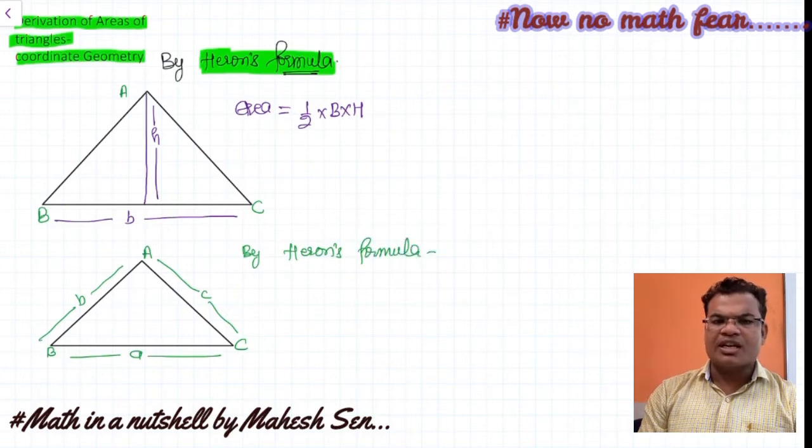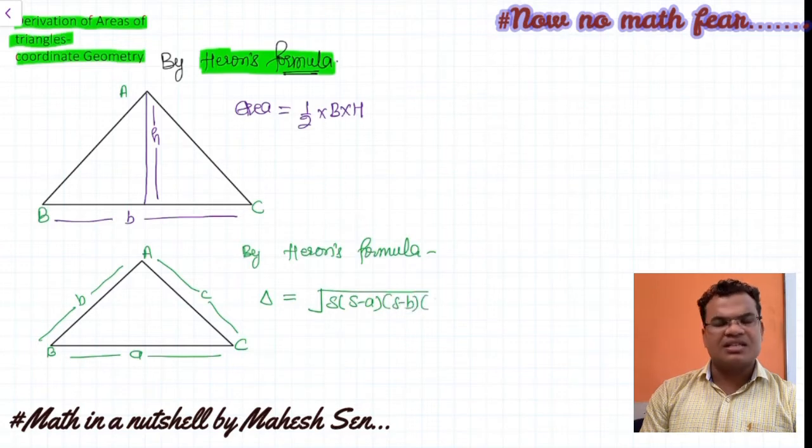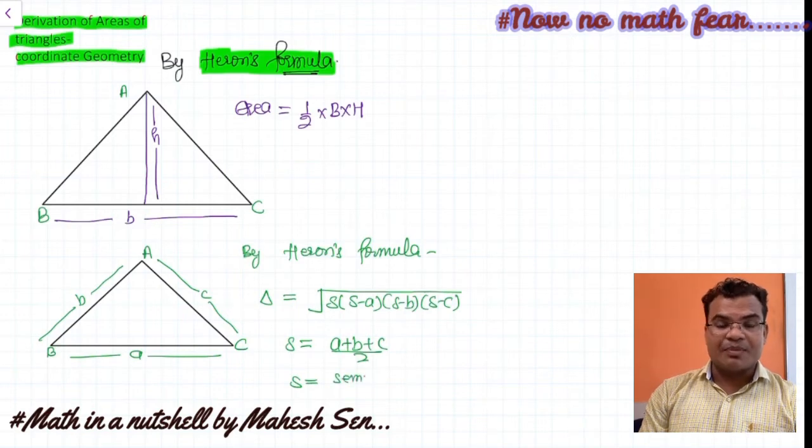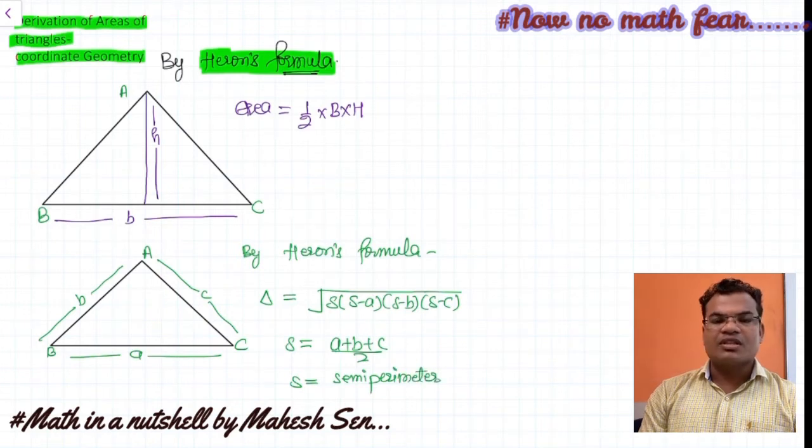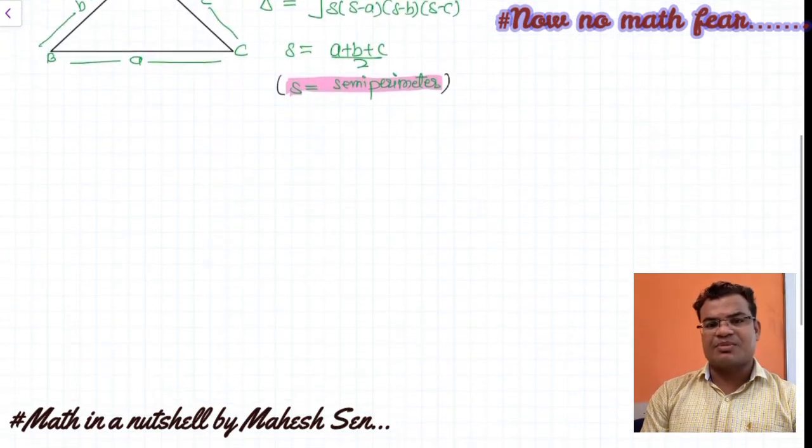Heron's formula generally uses the lengths of the sides. So we have the area as under root s into s minus a, s minus b, s minus c. This is called Heron's formula, and we apply it to find the area of the triangle, where s is a plus b plus c upon 2. That is, s is the semi-perimeter. The perimeter is a plus b plus c, so the semi-perimeter will be a plus b plus c upon 2. As you know very well, a, b, c are the sides of the triangle. So we generally subtract the sides from the semi-perimeter, that is s minus a, s minus b, and s minus c.